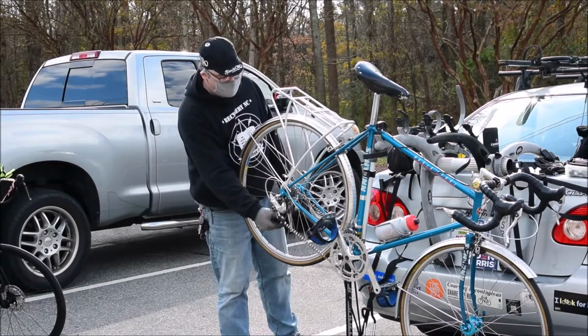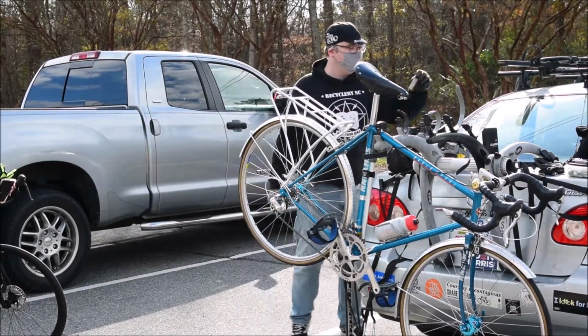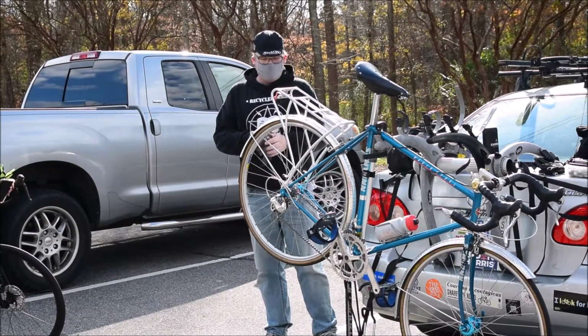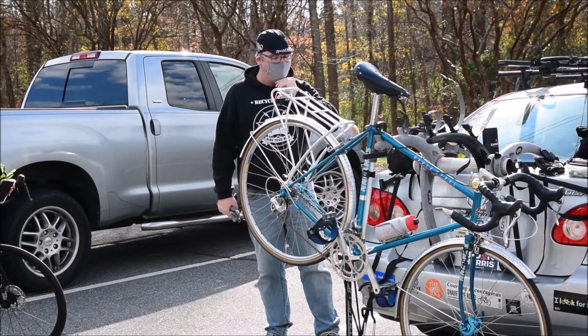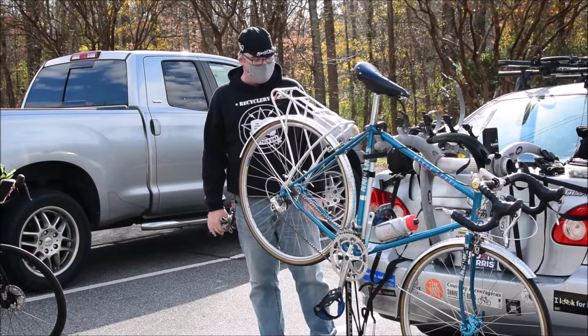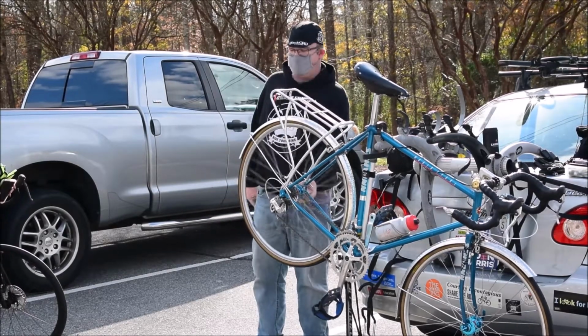But nothing on a bike lasts forever. Not even the frame, as I found out, especially if you're buying old French steel. The only other things that you're really not going to have to worry about on the road, but can help you diagnose stuff, if you ever spin your wheel and it feels